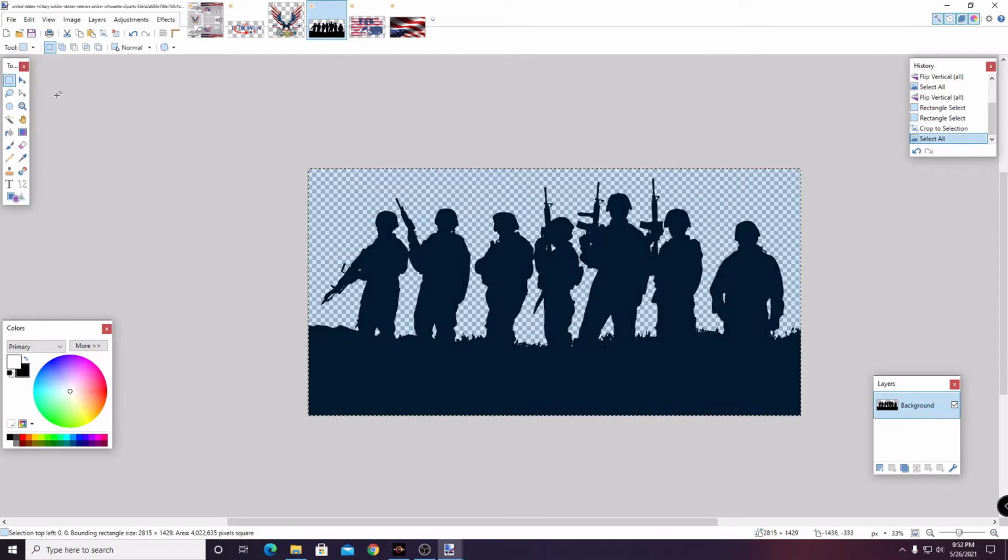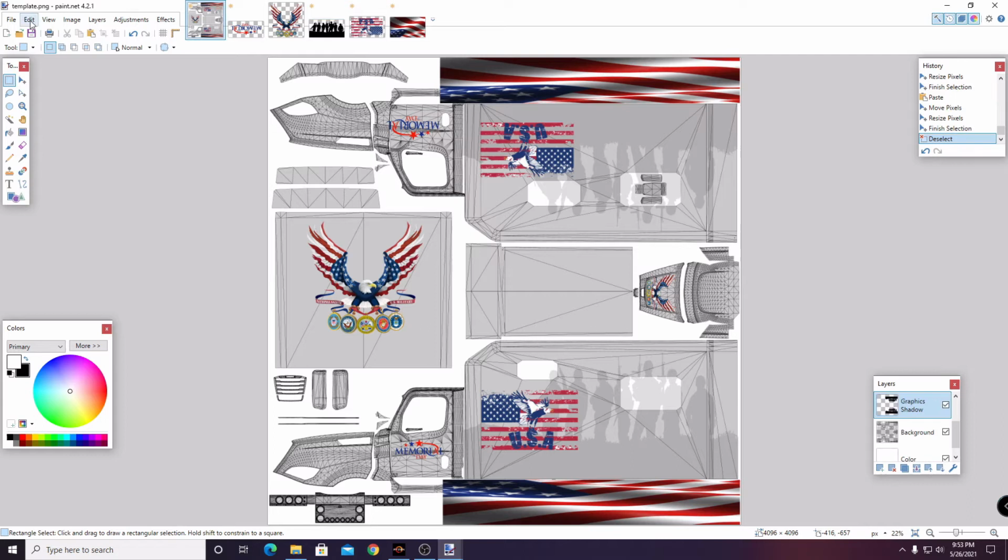I'm going to select it all, copy it, and then I'm going to paste it. I'm on the shadow layer, so I already know it's going to come in lighter. That's cool. I can still see it just fine. I wanted to add a touch of that to the back of my sleeper. I've already got my eagle graphic in there, which is cool, but I just figured this would give it just a little extra